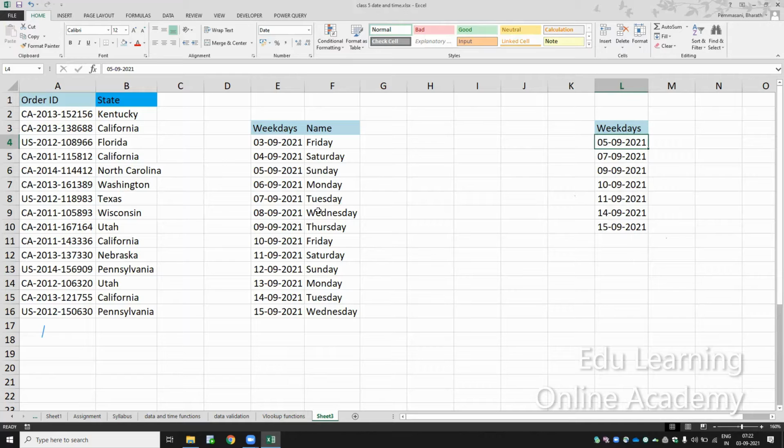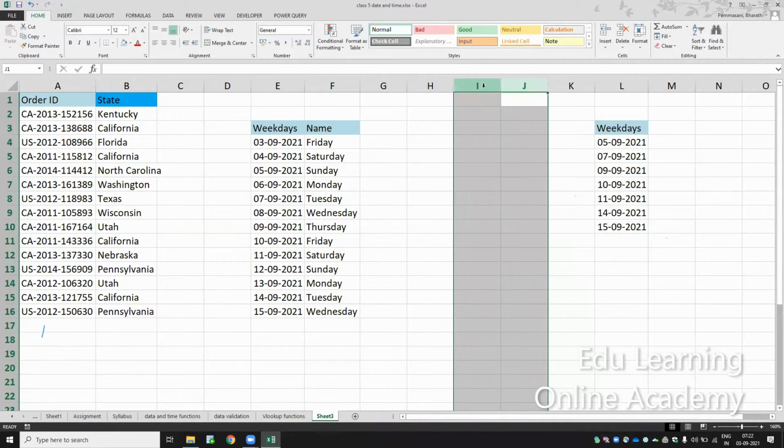Consider this as a table array. I'll just remove two more columns.